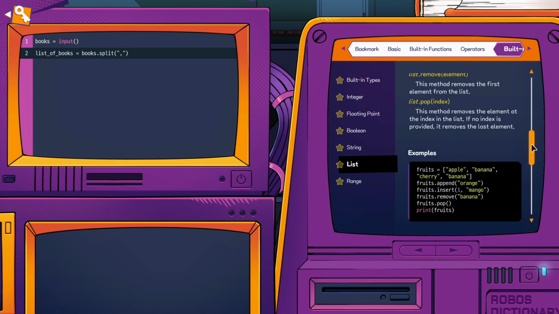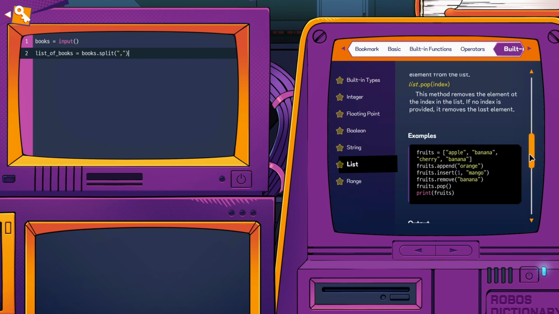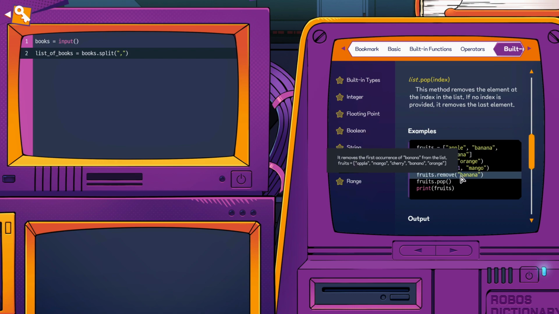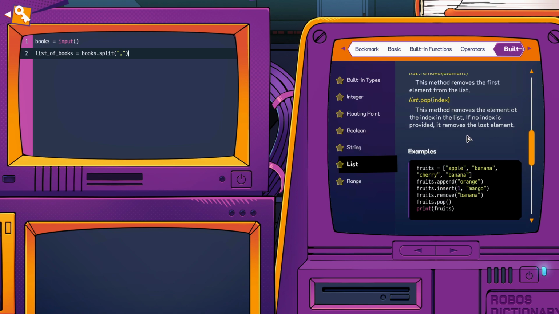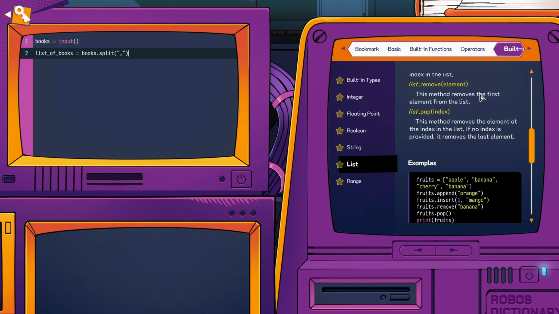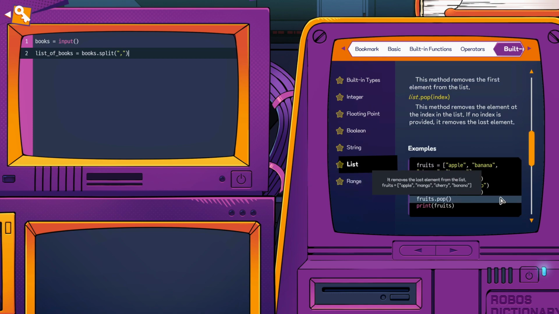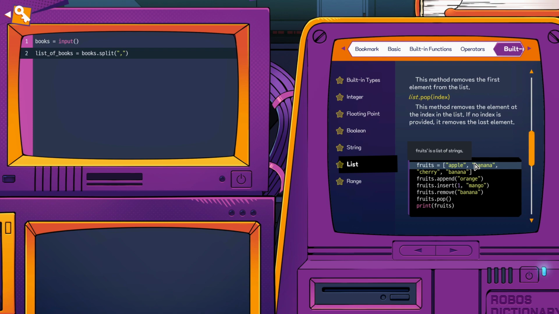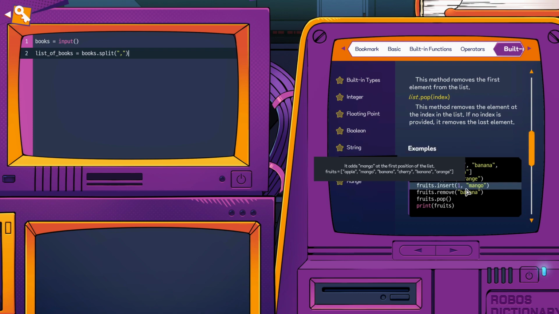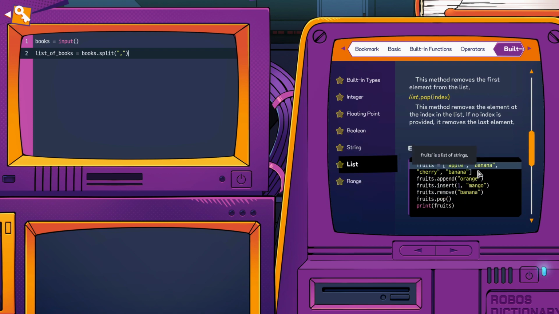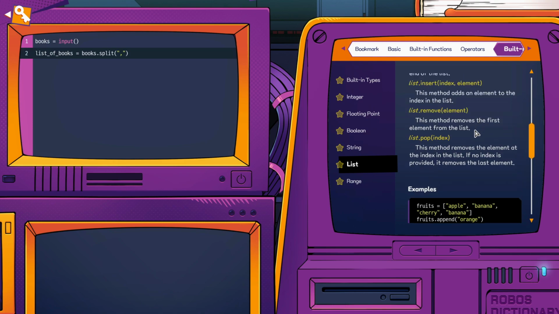remove, list dot remove element. Is there an example? Yeah, there is banana here. Okay, so remove the first element from the list. Yes, if there is multiple banana here, this one removes only the first banana, not all bananas. All right, and